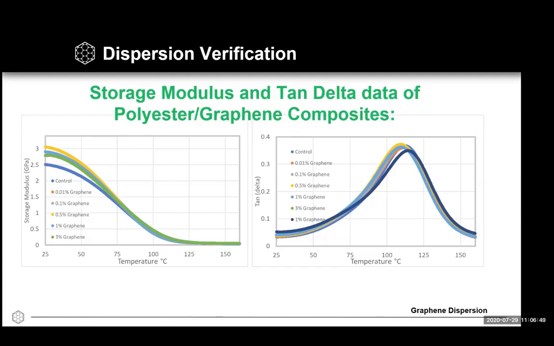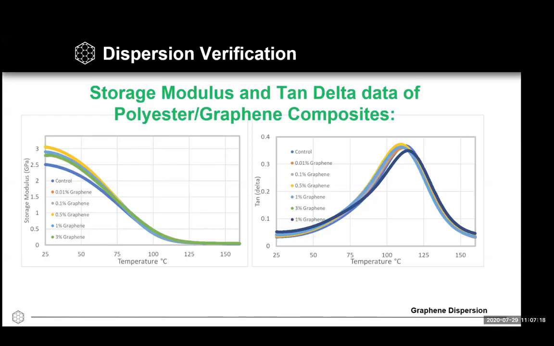However, beyond that, when we add 1% or 3% graphene, we saw a detrimental impact on the storage modulus value. So we need to find that sweet spot where you can get the maximum load transfer and have the balance between filler and polymer